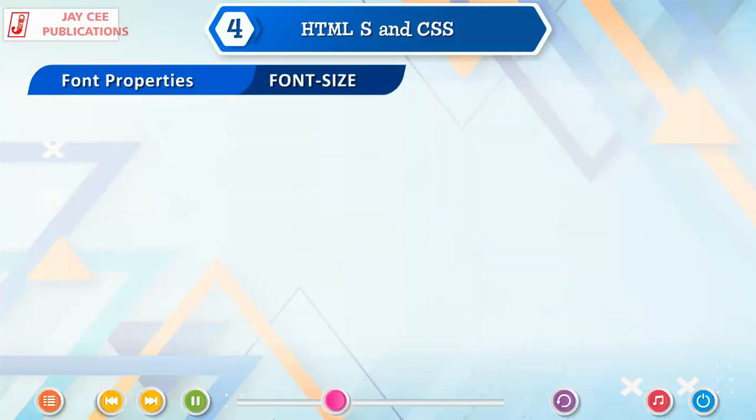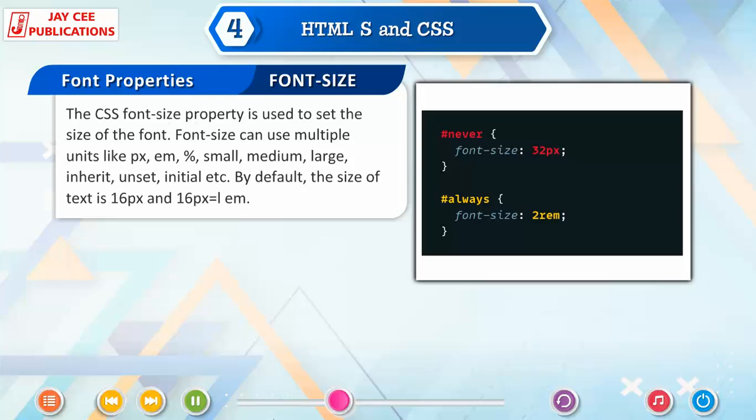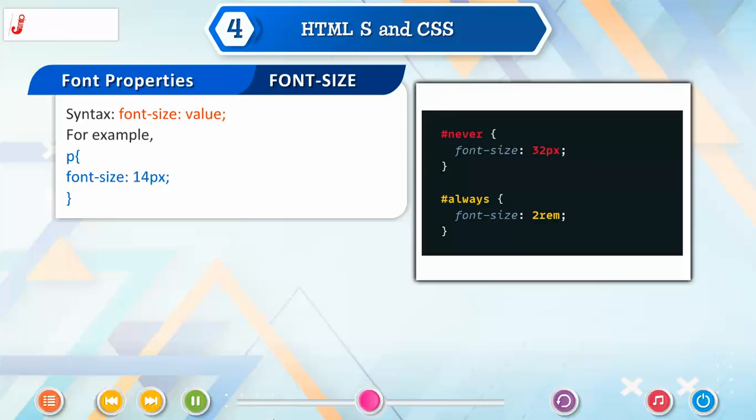For example, h1 { font-family: "Times New Roman", Times, serif; } Font size. The CSS font size property is used to set the size of the font. Font size can use multiple units like px, em, %, small, medium, large, inherit, unset, initial, etc. By default, the size of text is 16px and 16px is equal to 1 em. Syntax: font-size: value; For example, p { font-size: 14px; }